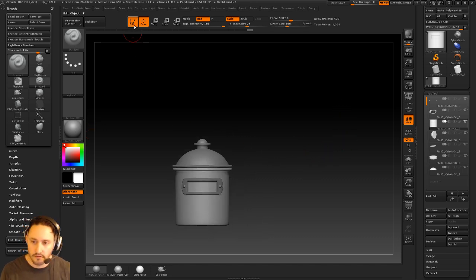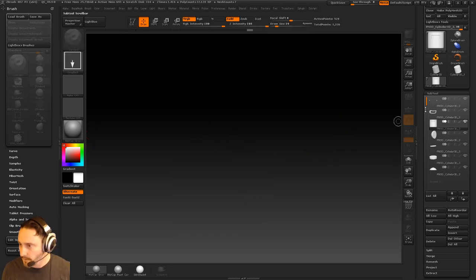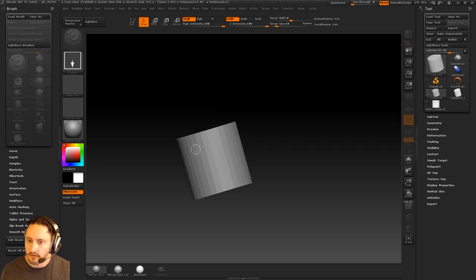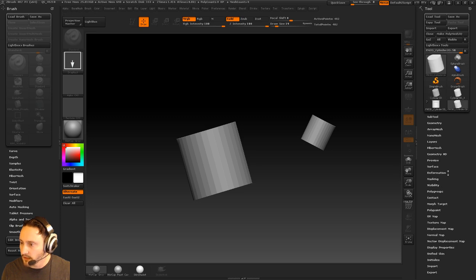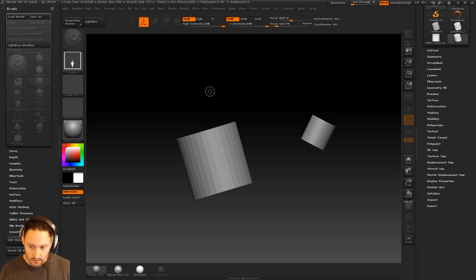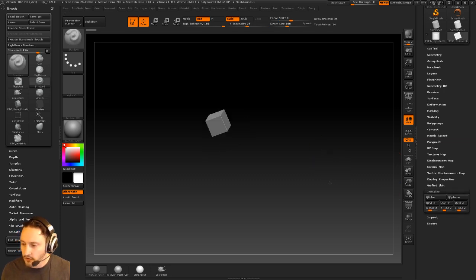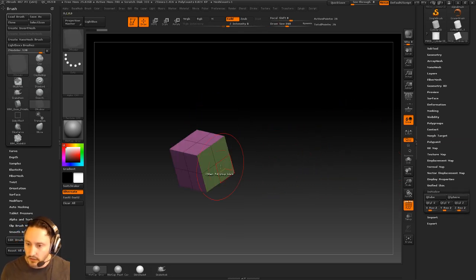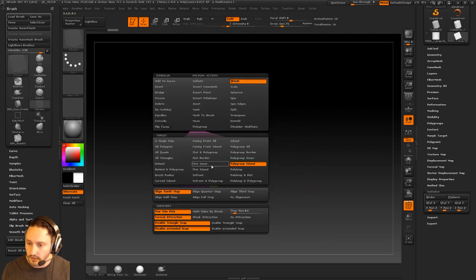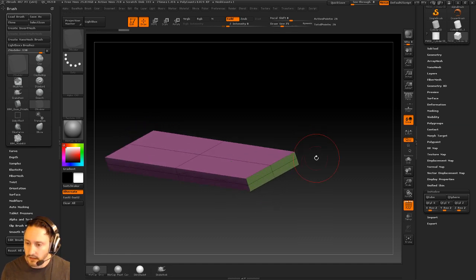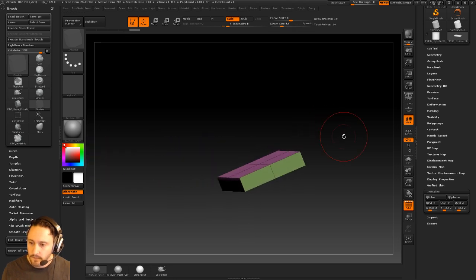So let's do this. We're going to grab any primitive, it doesn't really matter. We're going to go to Make Polymesh 3D. Go in edit mode, initialize, QCube, and then we'll go in here to QMesh, Polygroup Island, stretch this out. I guess we can do Polygroup All. And then insert single edge loop, hold down Alt, and I guess we can get rid of